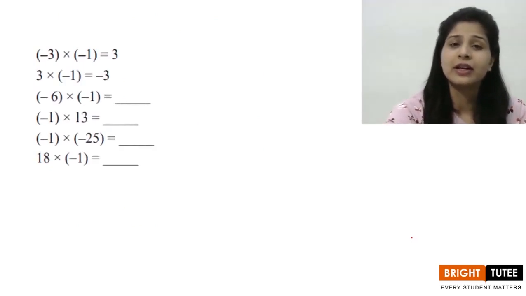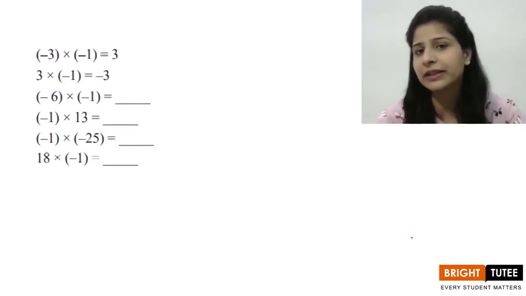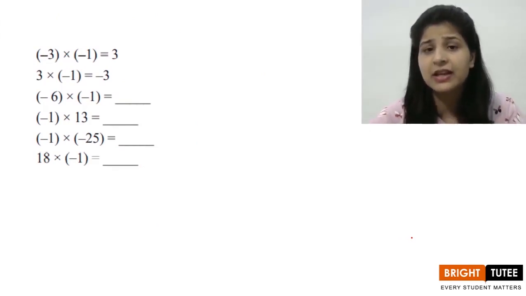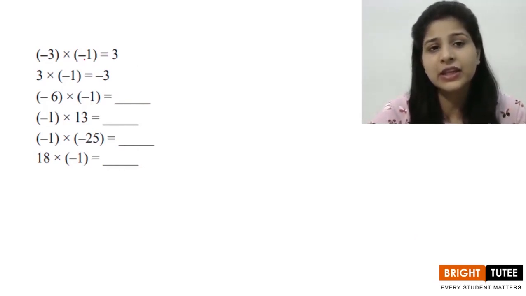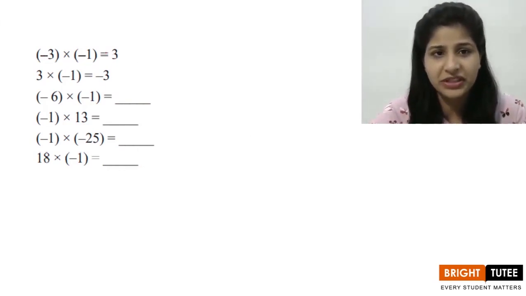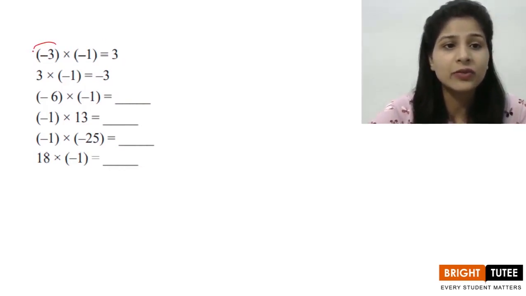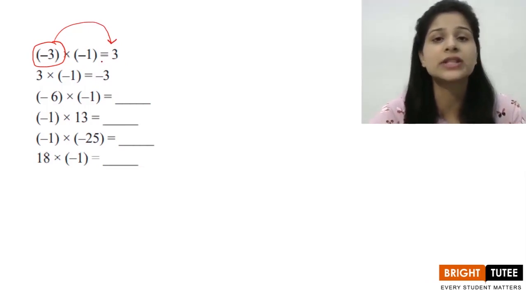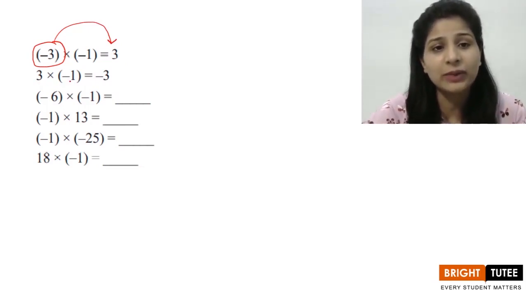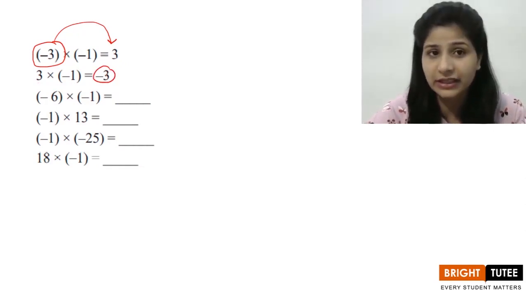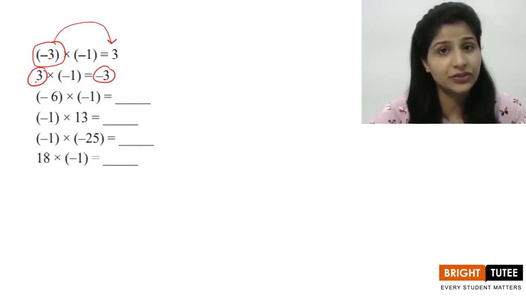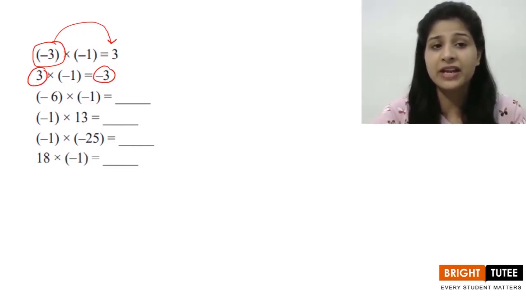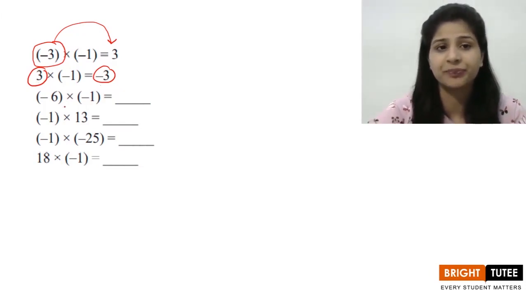Okay, let's look here. Let's think about minus 1. What if we multiply with minus 1? Can minus 1 also be considered as the multiplicative identity? Let's try out. Minus 3 into minus 1, negative will become positive, and 3 into 1 is 3. Here it was minus 3, but the answer here is 3. It is not same. Again 3 into minus 1 is minus 3. Answer is minus 3. But the integer was 3. Sign is getting changed. If it is negative 3, it became plus 3. And if it is 3, it is becoming minus 3.